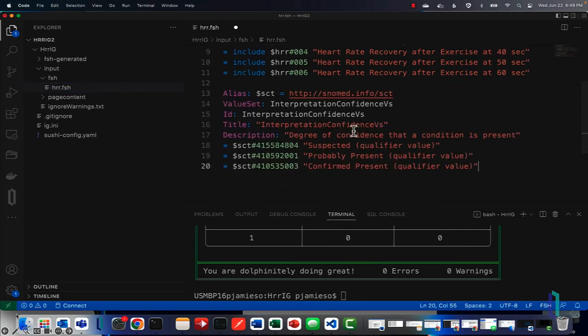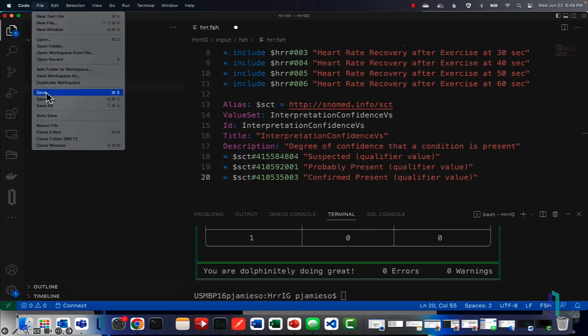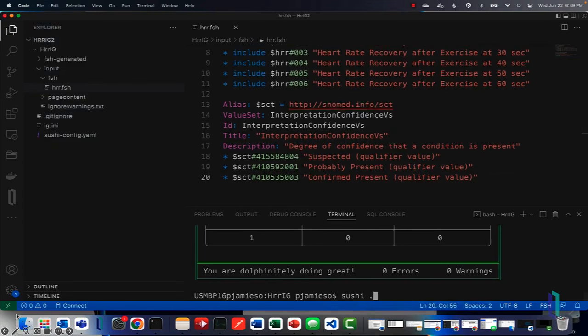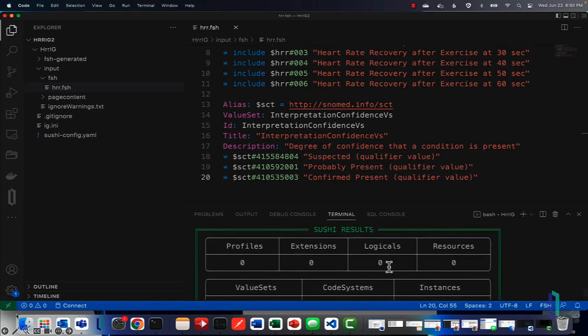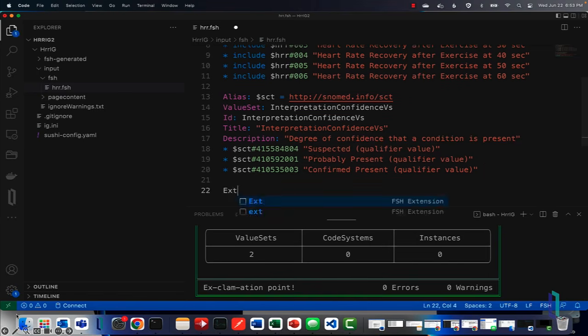Oh, I'm going to put in this SNOMED alias, and I'm going to add interpretation confidence, run SUSHI again, and we now have two value sets. Excellent. So you can see I made two value sets, no problem. Let's make our first extension,